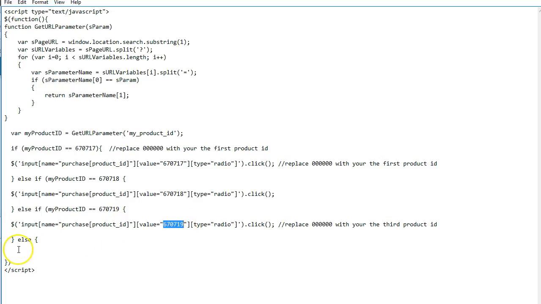But like I was saying, the else statement is basically saying regardless of whatever else is found, if it doesn't match this ID or this ID, then we're going to go ahead and select that last product. Now you could put conditional statements in here, or you can put a parameter in here to determine that very last product ID number, but this is kind of a shorthand way of writing it, because we don't need to add